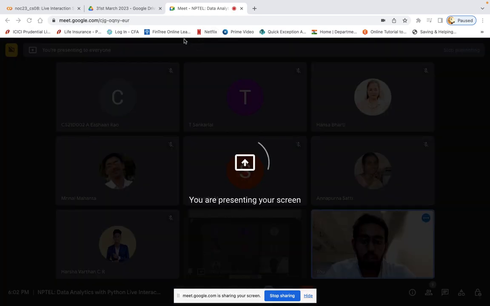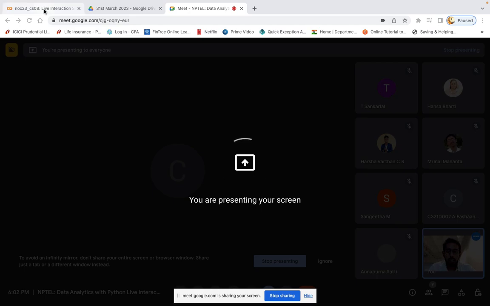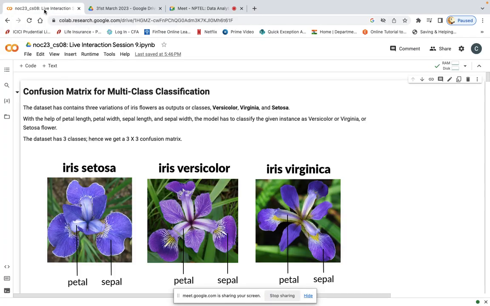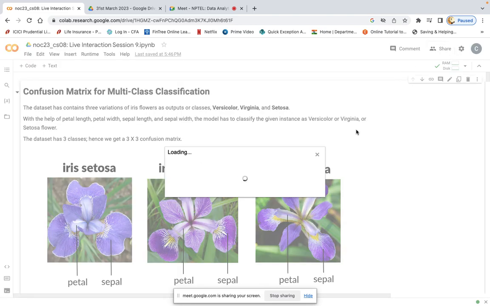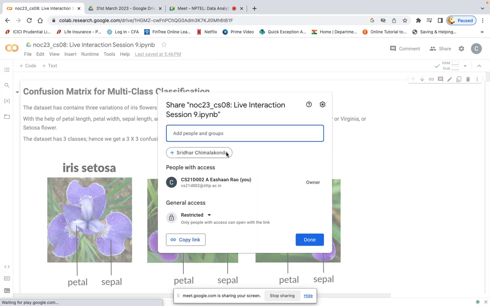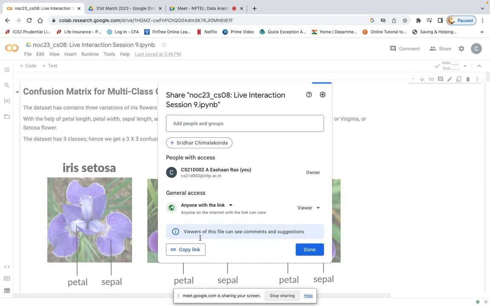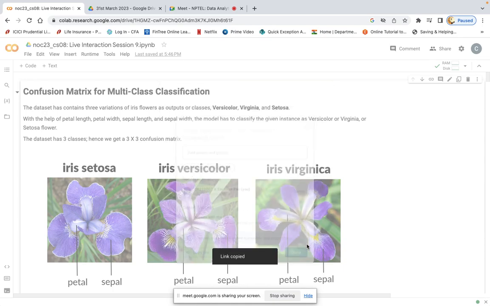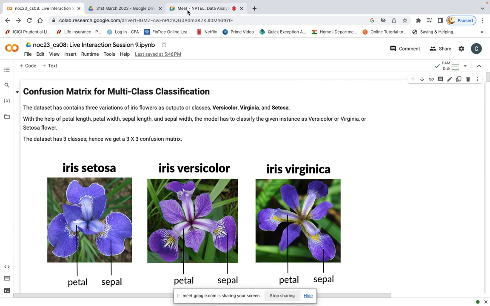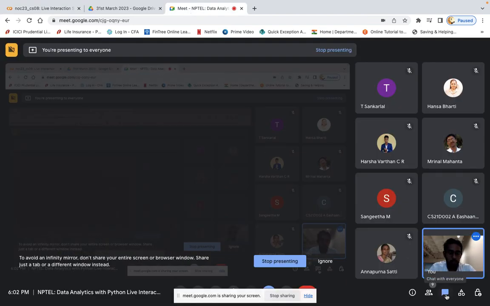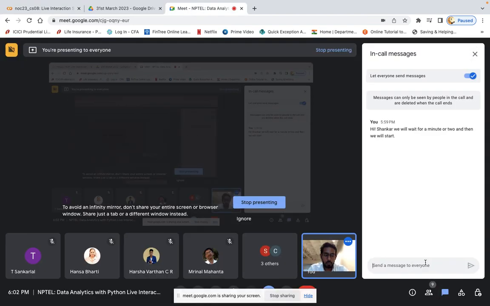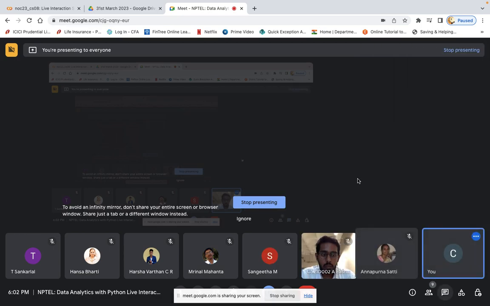Loading. Okay, I think it's coming up. Let me share this Google Colab notebook. Okay,